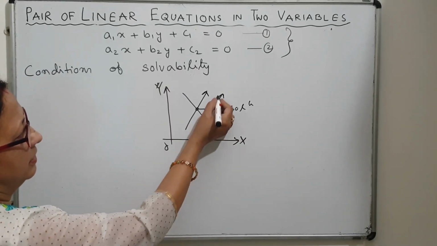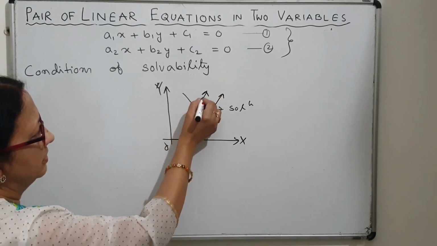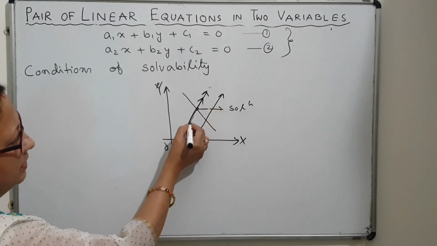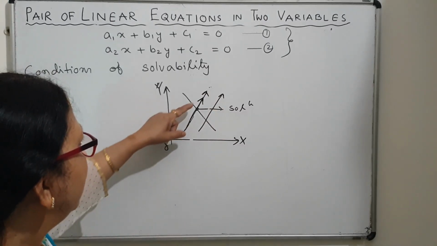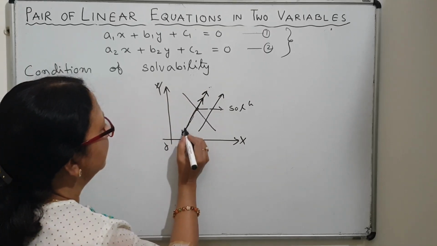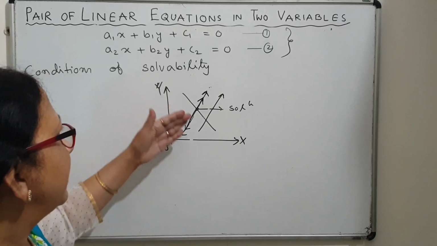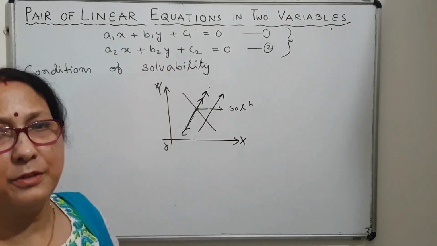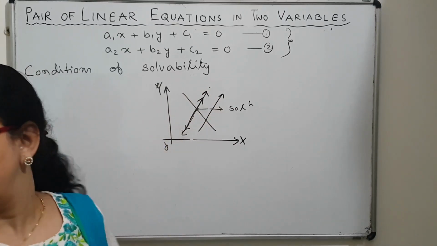And if the two graphs, two lines coincide on each other, that is both the lines are on the same line, then all the points are their points of intersection, that is all infinitely many points will be their common solutions. That means in that case this pair of linear equations will have infinitely many solutions. So from these basic concepts we can say that